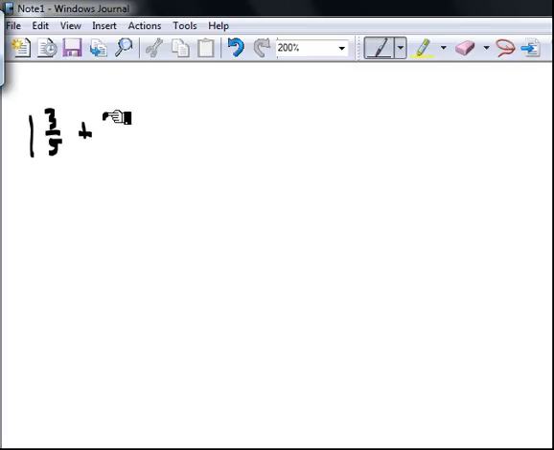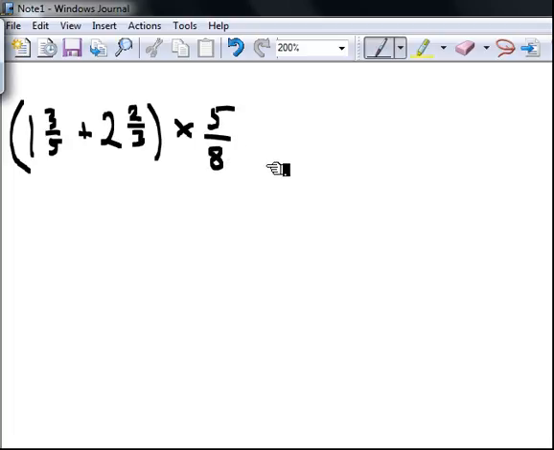Okay, 2 whole and 2/3 within parentheses, within brackets, and then this whole thing times 5/8. Now, how can we do it? Well,